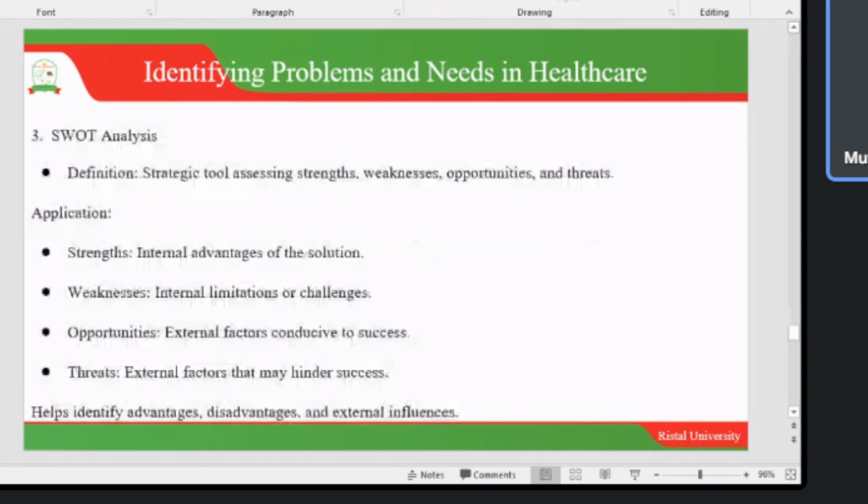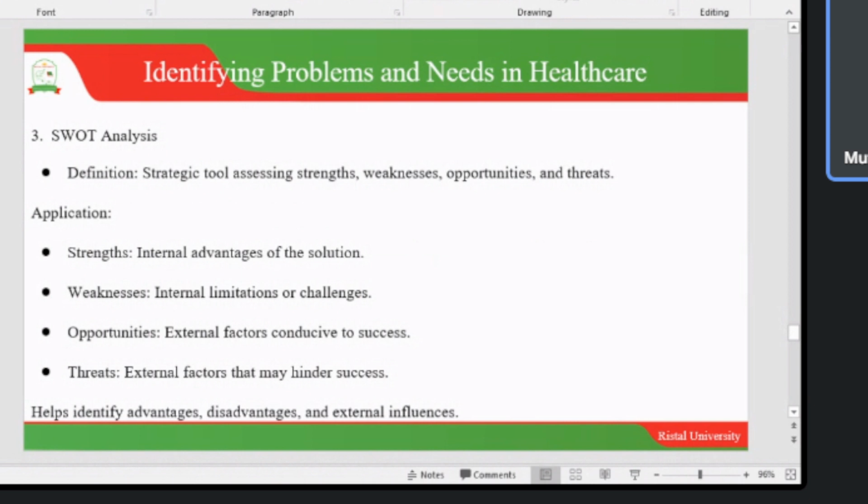Okay, then another way of identifying problems is SWOT analysis, and in this case, we are looking at a strategic tool that assesses the strengths, weaknesses, opportunities, and threats. So, SWOT is the acronym of strengths, weaknesses, opportunities, and threats. And when we talk about strengths, we are looking at the internal advantages of a solution. Okay, so if it is, for example, a technology-based